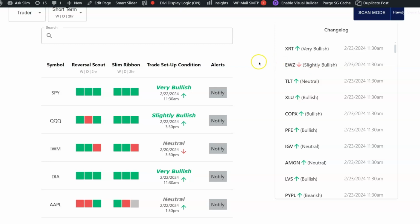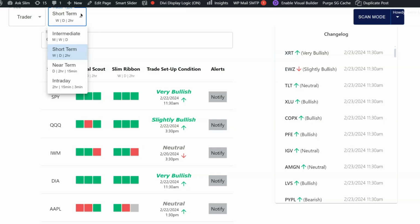Okay, so what we're looking at here is the S&P 500, the QQQ, the IWM, the diamonds right there. And you can see as I'm looking at the short-term reading right over here, which includes breakdown of weekly, daily, and 2-hour, that we have the conditions that have been bullish in the S&P 500. But now we've got a little bit changing in here as there's been some weakening on some of the indicators,